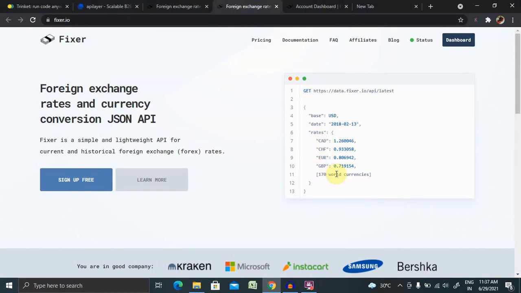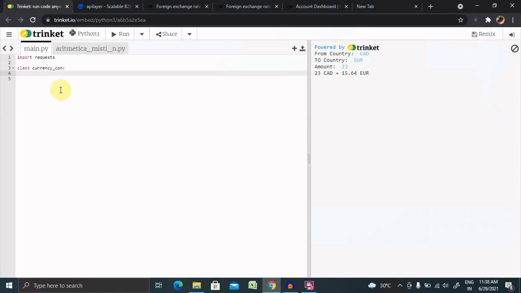There are 170 world countries listed here. You can use any of the countries. Here I want to capture the rates field. rates equal to, and then curly braces.